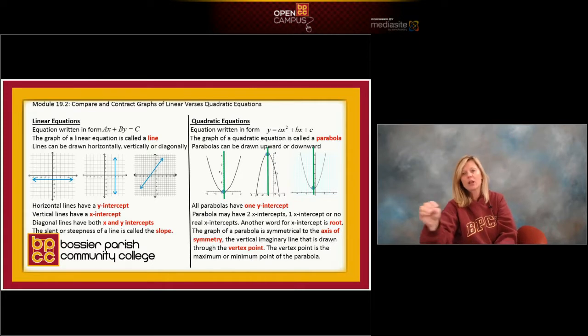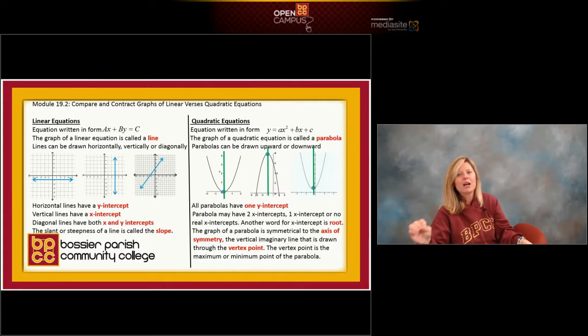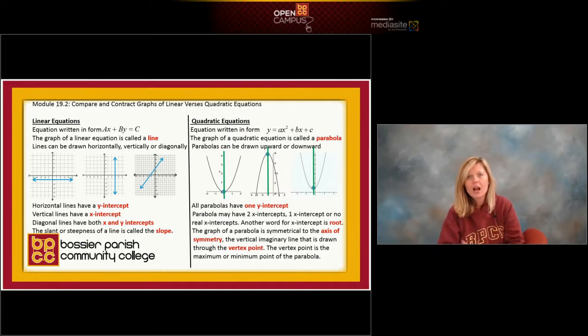Now look at what we want to learn how to do. We want to learn in Module 19 how to graph a quadratic equation. First thing, a quadratic equation doesn't look like a linear equation. We know if an equation is quadratic, it's degree 2. So our equations for graphing will look like y equals ax squared plus bx plus c. You see the x squared? It's quadratic. When you graph a quadratic equation, it is not going to form a line.